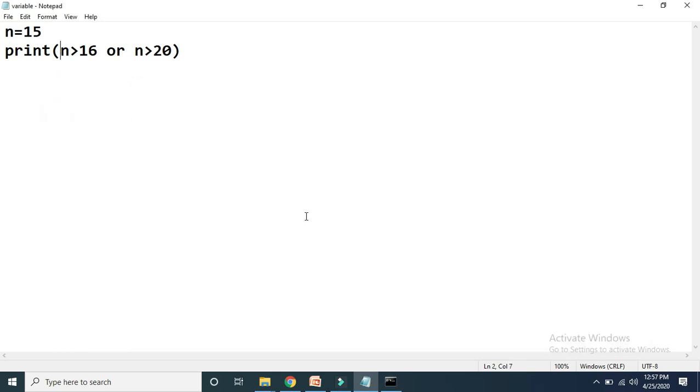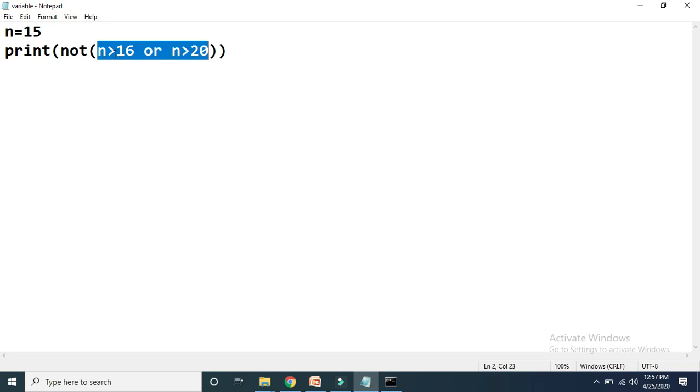Now one more operator is there, that is not. Here, for the complete expression I have used not. Not is used to just change the result. In the previous case we have already discussed that this OR is false because both conditions are false.